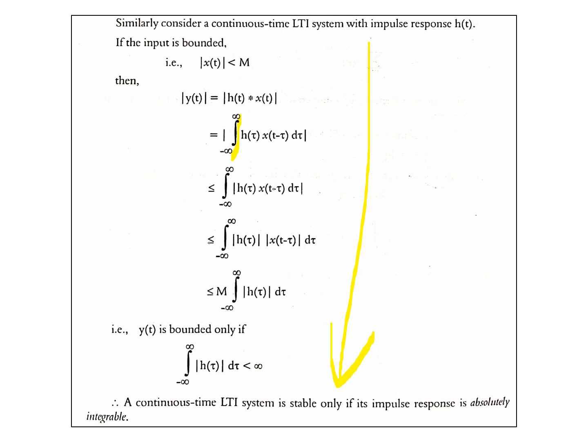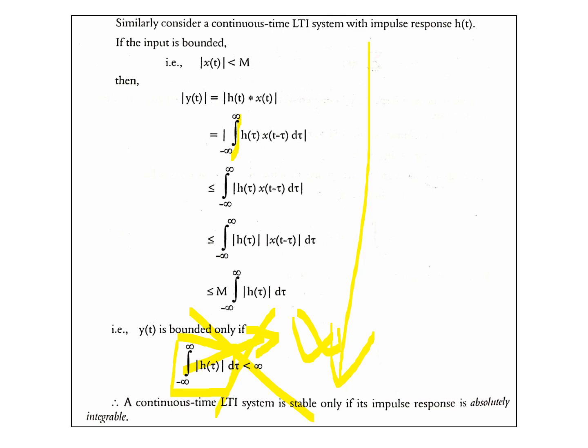In the end, I can tell only this much: a CT system is said to be stable if its impulse response is absolutely integrable. That is, if I integrate the mod of h of tau, like I summed in the previous discrete system, then that integration should be finite. It should not tend to infinity. If this integration becomes infinity, it is a diverging series. I mean the signal h of t is divergent, and therefore the system will be unstable.